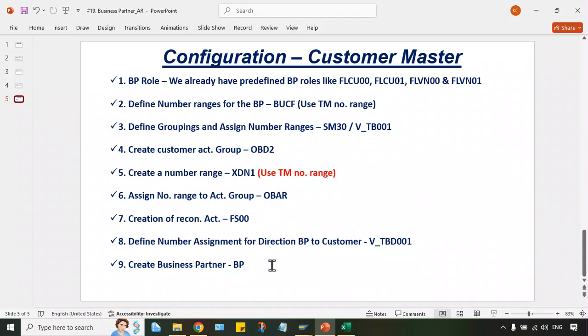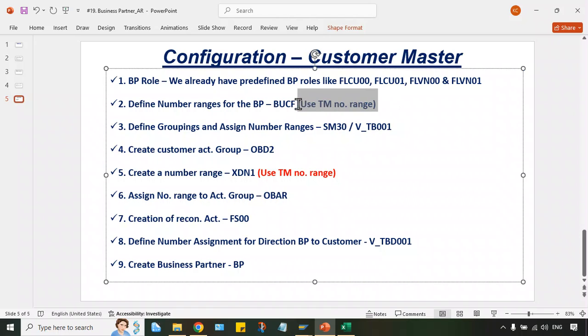Okay, just have a look. These all practical things, you also have to configure all the things, post the transactions, and later on once the FISD integration is explained, then what happened, guys? Easily you will be able to understand the logic behind these two different roles. So nothing is difficult, guys. Everything is easy. Now here, no need to do anything. Define number range for BP. That we have to do.